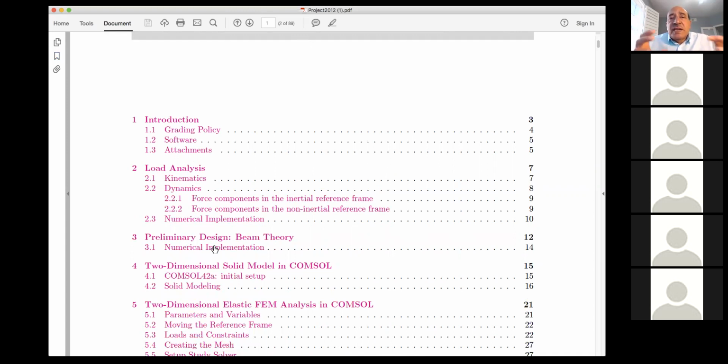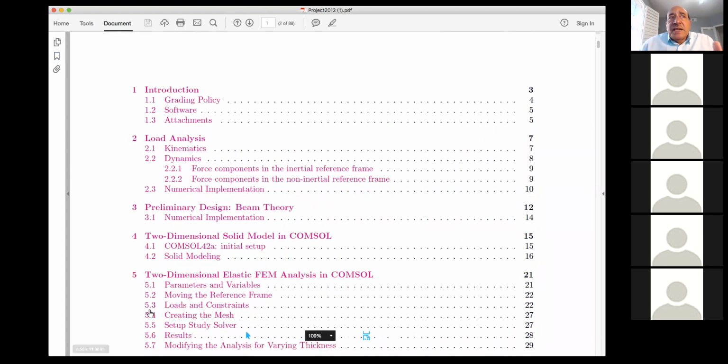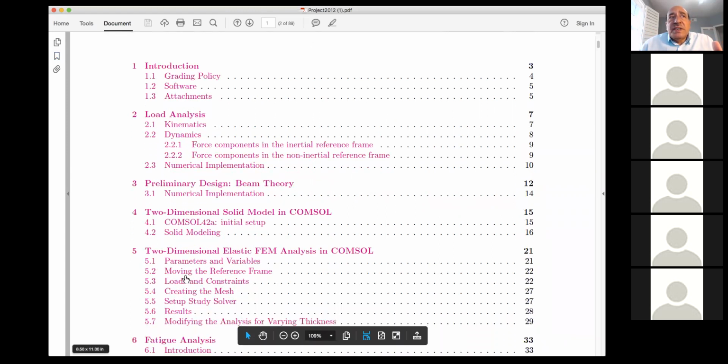Once you get an idea about the shape and the size, you will build a 2D model in COMSOL and do the analysis in COMSOL. At that point, you would have the chance to submit the preliminary report for the project.